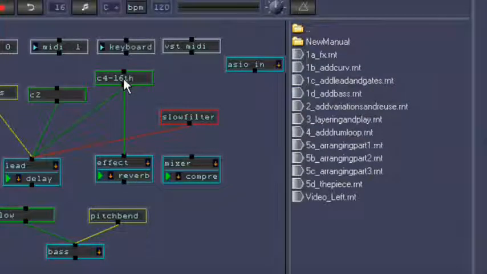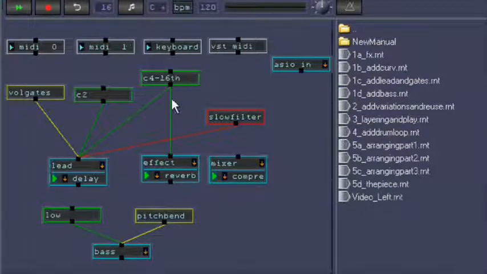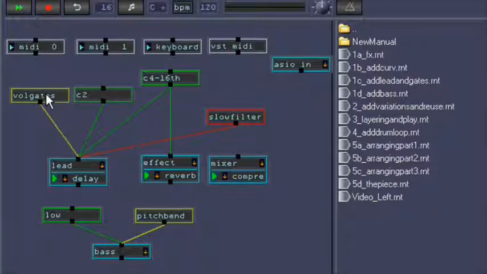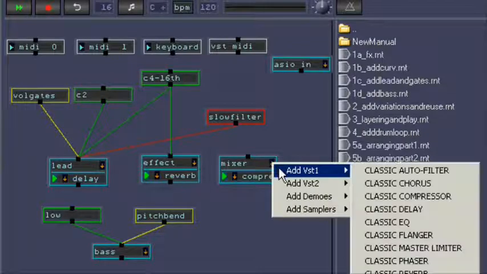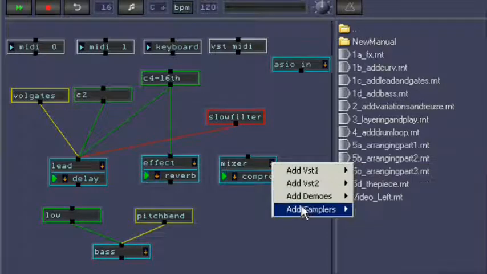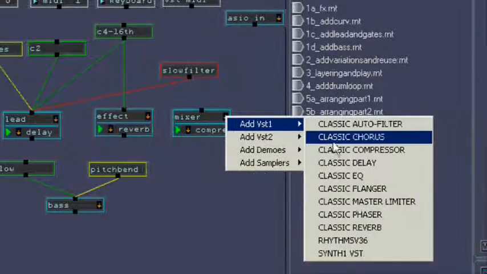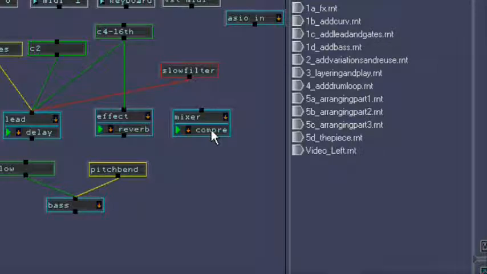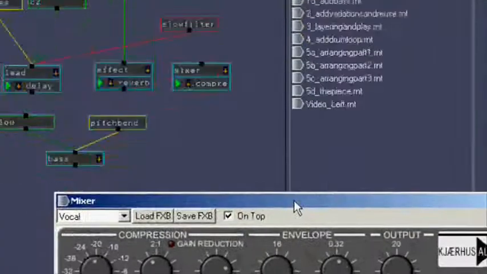What I also did is connect this mono panel not only to the effect but also to the lead. The rest is the same. These are our volume gates. I added to the mixer out a compressor. How I did this, click on this arrow, add VST. You see here are our 4 VST folders again, and I add here compressor. It's also a Karus compressor,